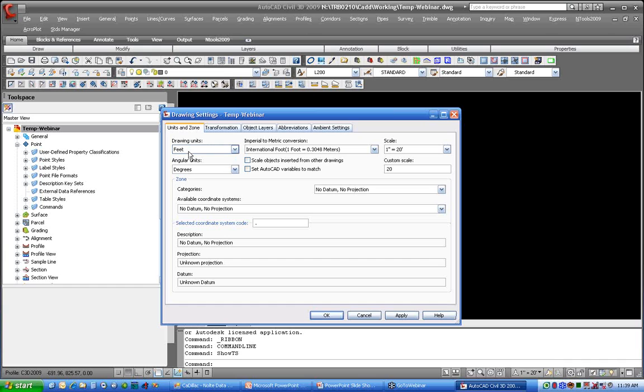Units of zone is where I establish my drawing scale or my drawing units. So I'm going to be working in feet. If we are working in metric or we're importing metric point data, you do have an option here to specify which conversion factor you use to convert your data from meters to feet or feet to meters. So we can either go the international foot or the U.S. survey foot definition, so depending on what you want to work with. Today I'm not doing any coordinate conversion, so I'm not going to really worry about that at this point